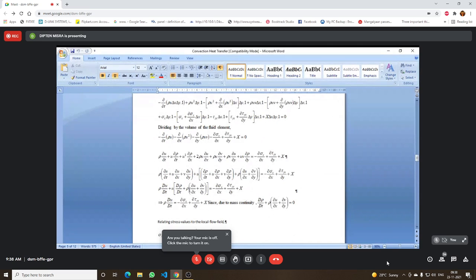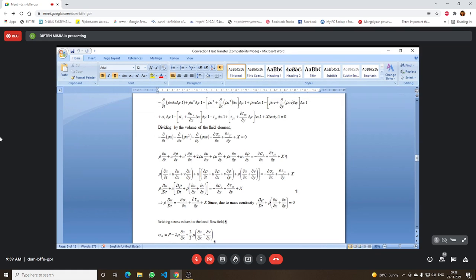And if you take these two terms, this bracketed term comes out to be this, and this bracketed term is this part, and these two together is our continuity equation for any fluid having constant or variable density, and this will be always equal to 0 as we have derived in our prior discussion. This will be equal to 0 irrespective of whether the density is constant or the density is varying. So this term will go out.